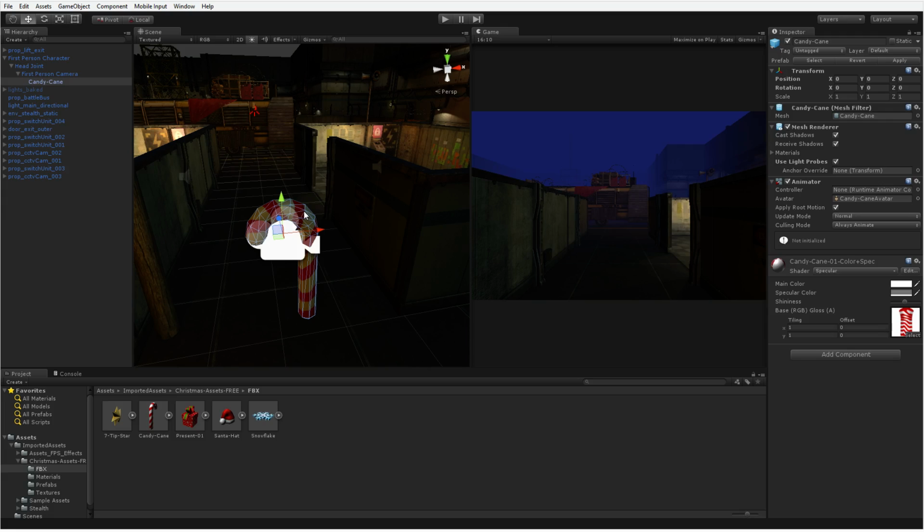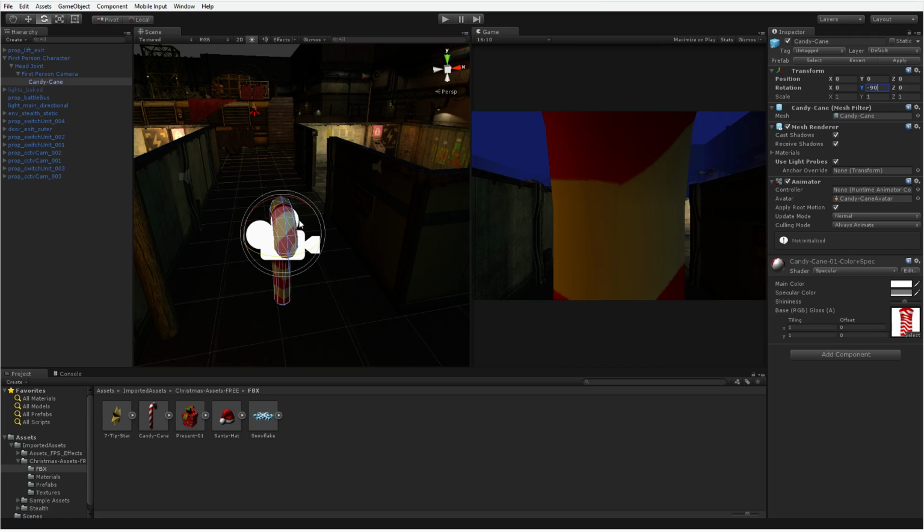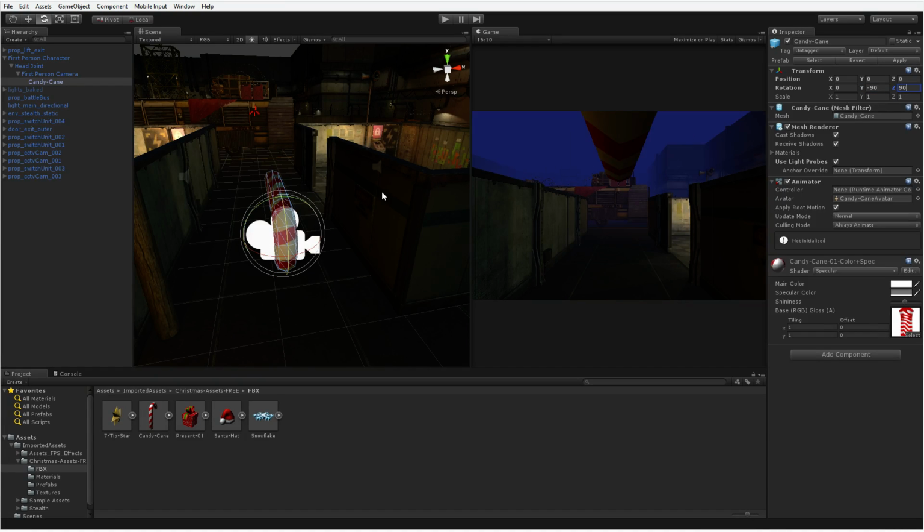I also need to rotate this candy cane, but I don't really know which axes I want to rotate on. Rotation can get a little weird, dealing with these Euler angles. So I'm just going to start rotating, figure out where the rotation was and say, oh, that's the rotation I want. Then I'll rotate again and say, okay, that's the rotation I want, and then just type in here. I ended up with a rotation in the Y of -90 and the Z of +90. Sure, I could do different rotations depending on which axis I started with, so it could be a little bit different each time.